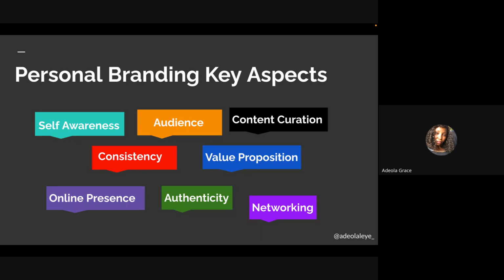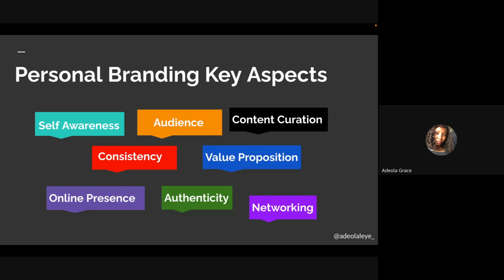I have so many friends. When it comes to cloud computing, I have the people I will reach out to. When it comes to community, I have those I will reach out to. So that is value proposition. We already know this is what you do. When it comes to design, I know those I have to reach out to. They've already built themselves up: this is what I am, these are my values, my skills and my experience. In fact, they update us on their experience.